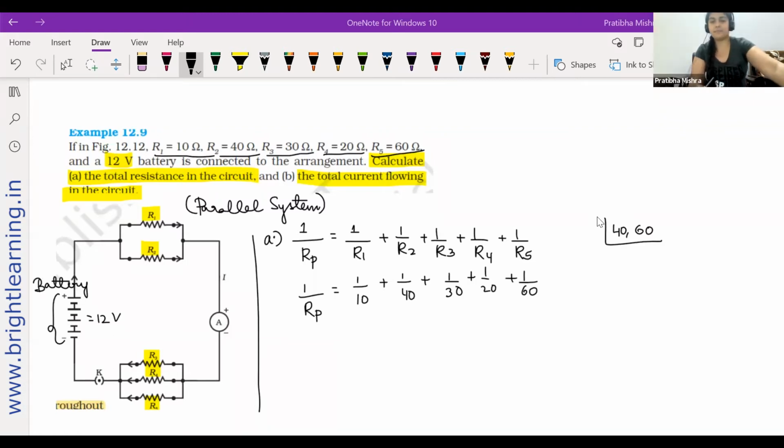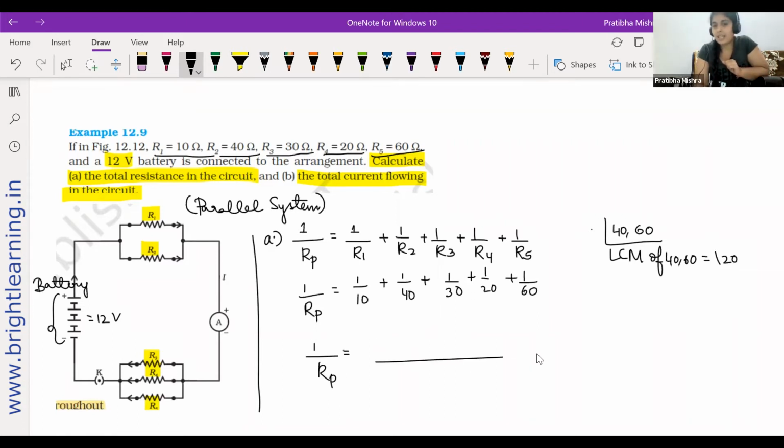Yeah, done. Okay, so what is the LCM? Quickly, 40 and 60. Tell me fast. LCM of 40 and 60, how much? Yes, 120. Very good. Okay, so I'm not doing this. You already know how to do it. I've just written it simply. You know how to do this, right? So 120. Now you already know, just like fractions, you will do it. The LCM is 120.